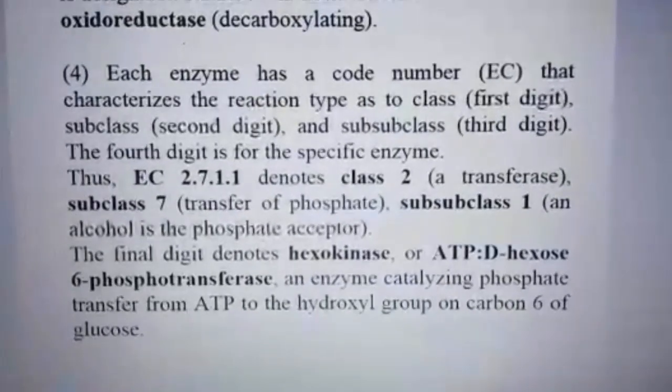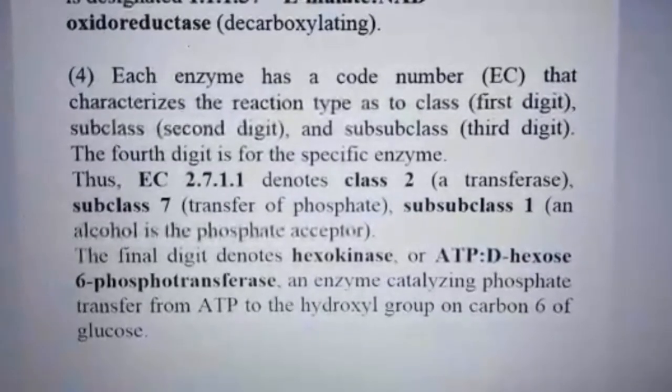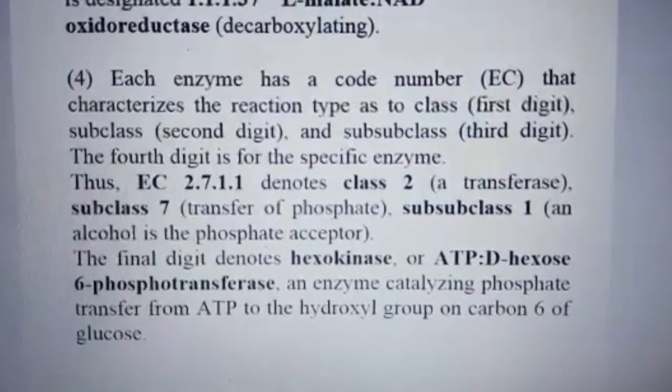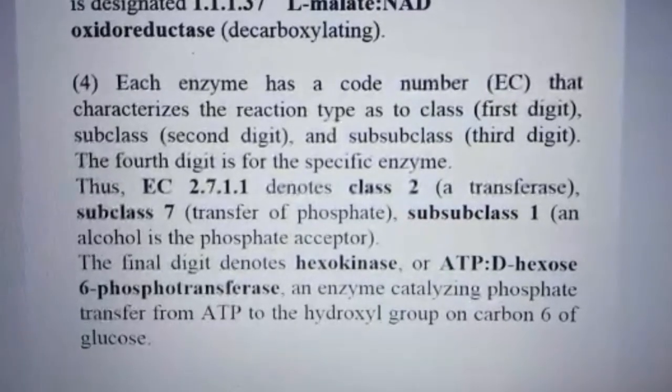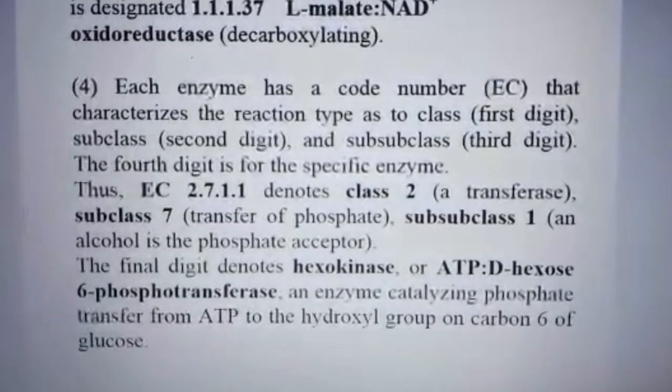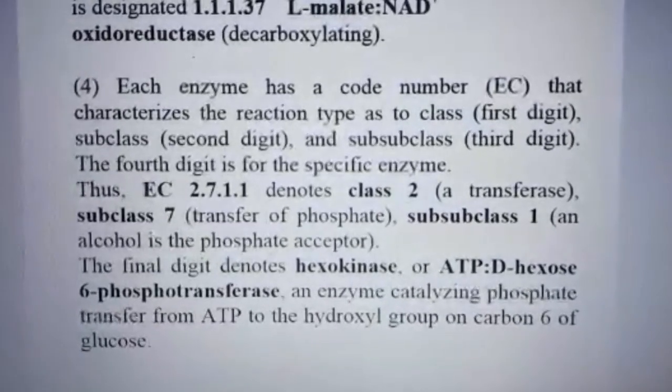So the enzyme commission number helps in determining the major class, subclass, sub-subclass and the type of reaction, the type of substrate on which the enzyme is acting,